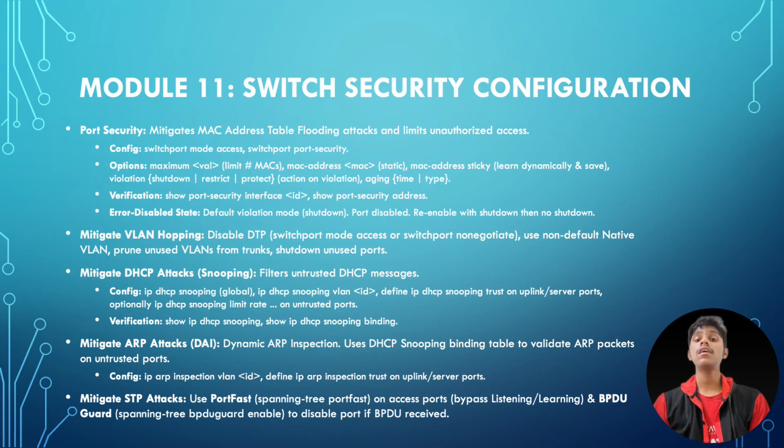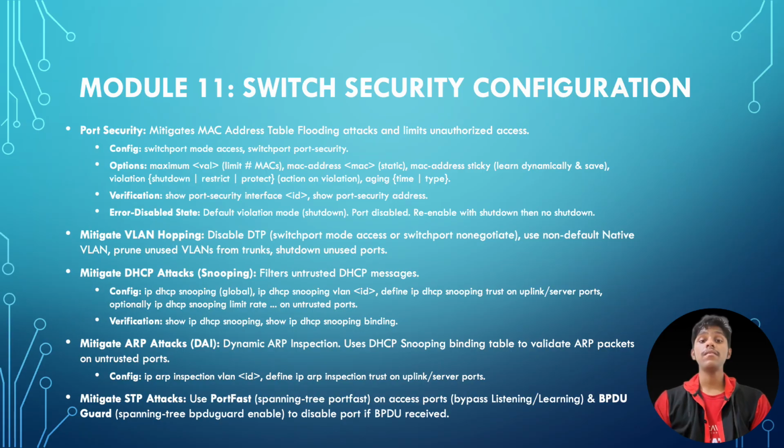Shutting down unused ports is another simple but effective step. To mitigate VLAN hopping, we turn off automatic trunk negotiation, DTP, using switchport mode access or switchport nonegotiate, and move the native VLAN away from the default VLAN 1. And DHCP snooping helps stop rogue DHCP servers and exhaustion attacks by defining trusted ports like uplinks and untrusted ports like access ports, and